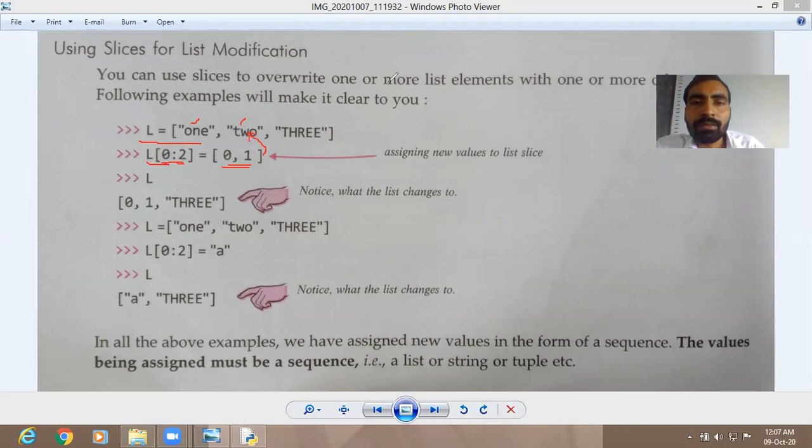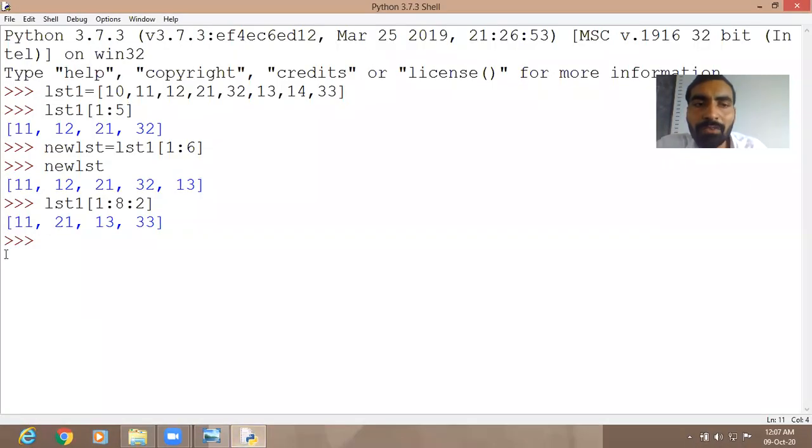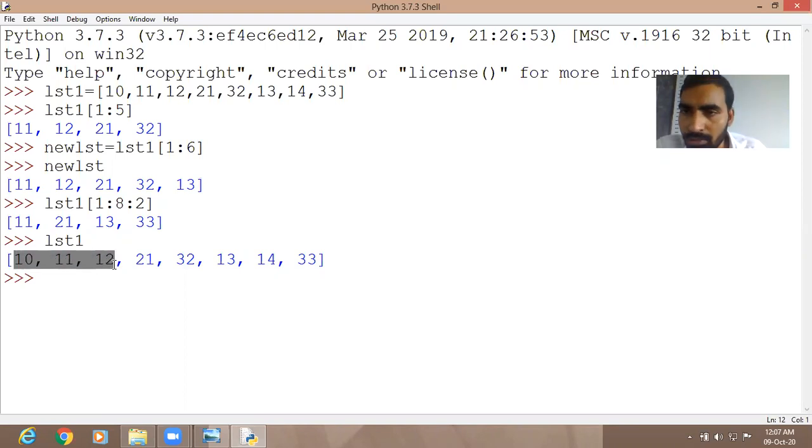So now see here, we can use this method to change the value of our list. Suppose this is your LST1, okay? Its values are 10, 11, 12, 21, 32. Suppose you want to change the values 10, 11 and 12. So what will you do?